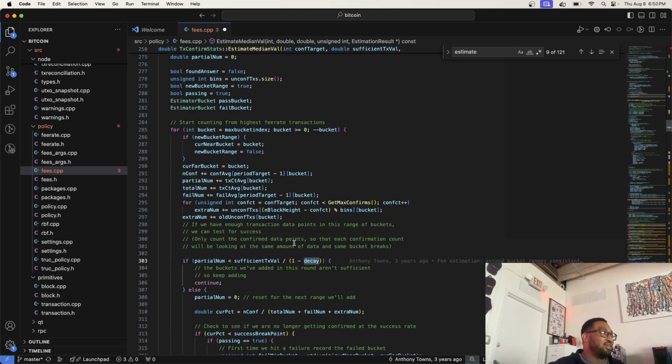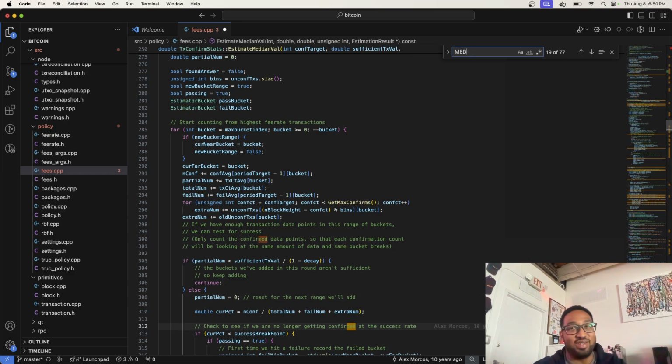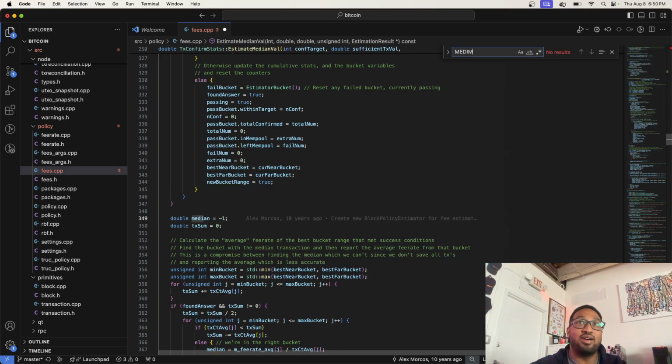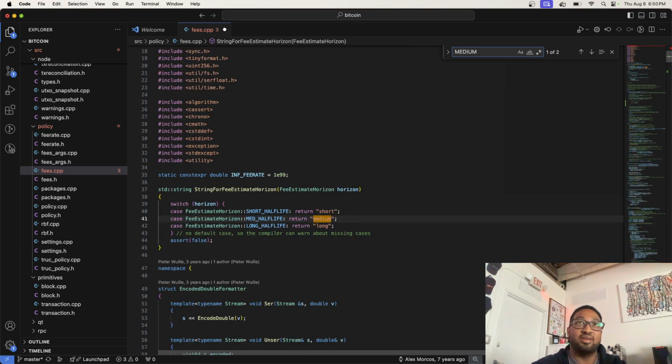Is decay a constant? I know because you could have different transaction confirm stats. But for this scenario, it's easier to think of it like a constant. Because technically there's three transaction confirm stats. I'm just trying to find it.